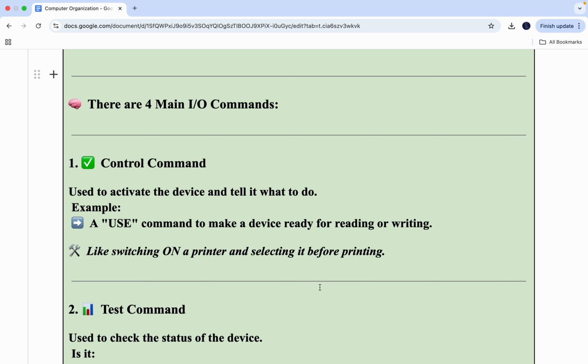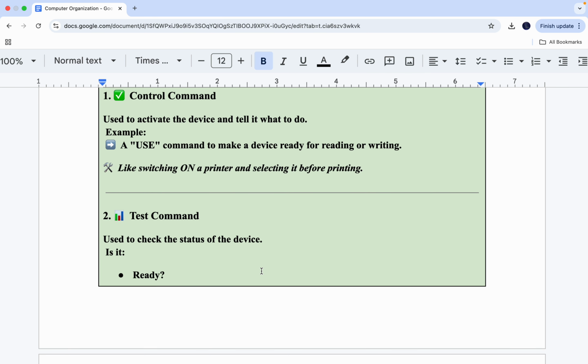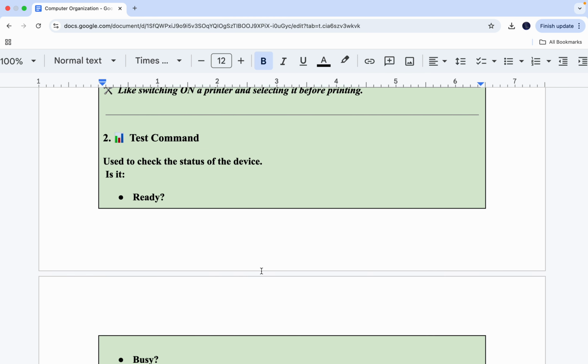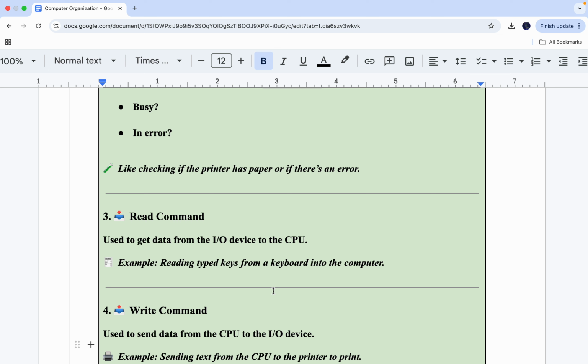Control command is used to activate the device and tell it what to do. Example: a control command makes a device ready for reading or writing, like switching on a printer and selecting it before printing. Test command is used to check the status of the device. Is it ready, busy, or in error, like checking if the printer has paper or if there is an error. Read command is used to get data from the I/O device